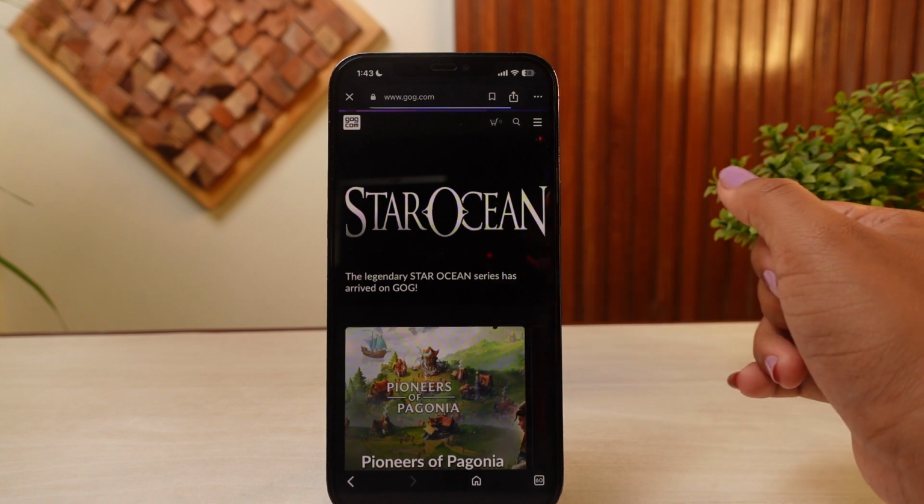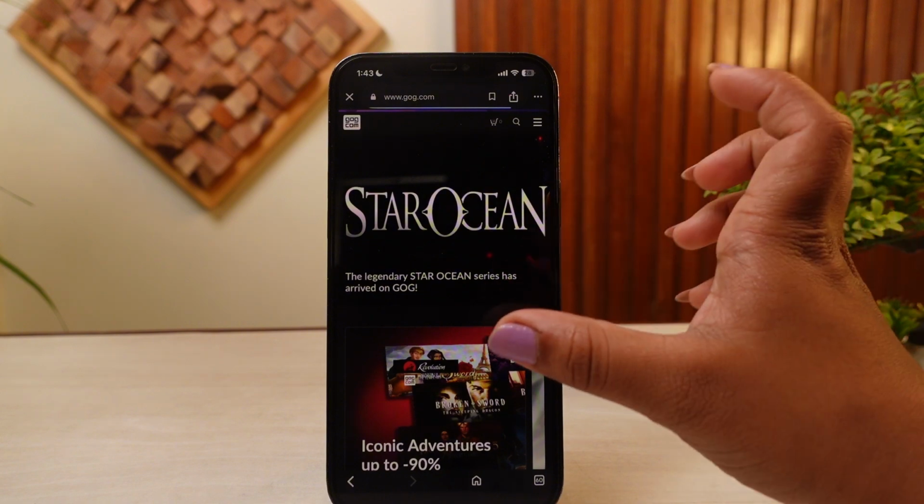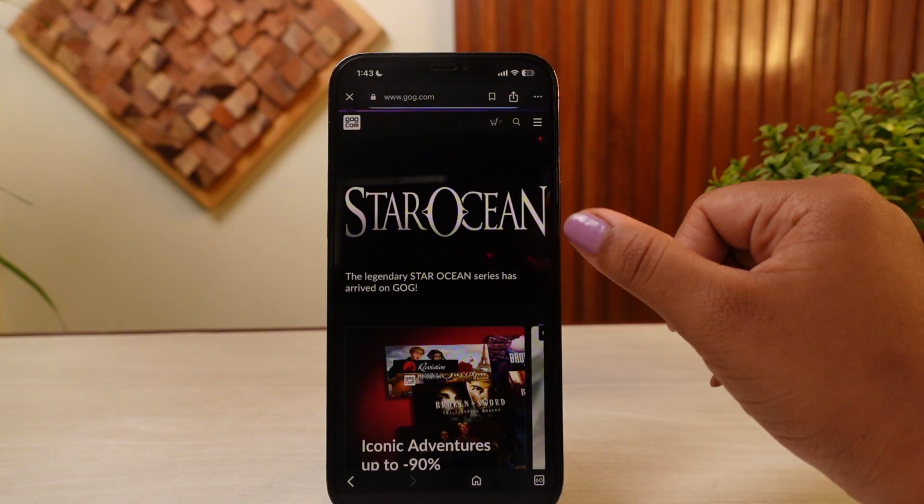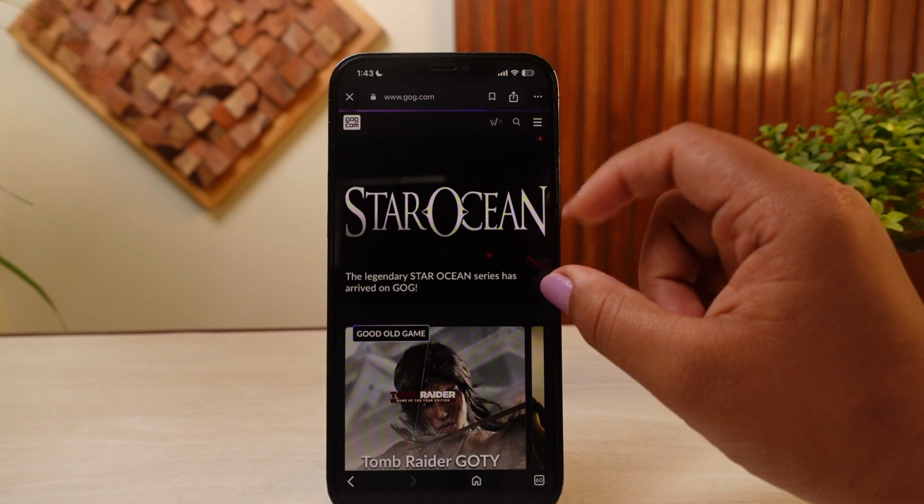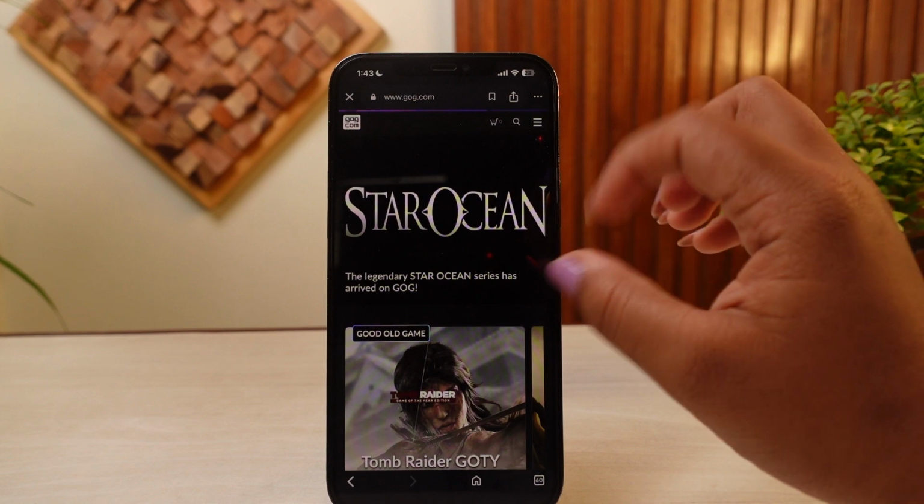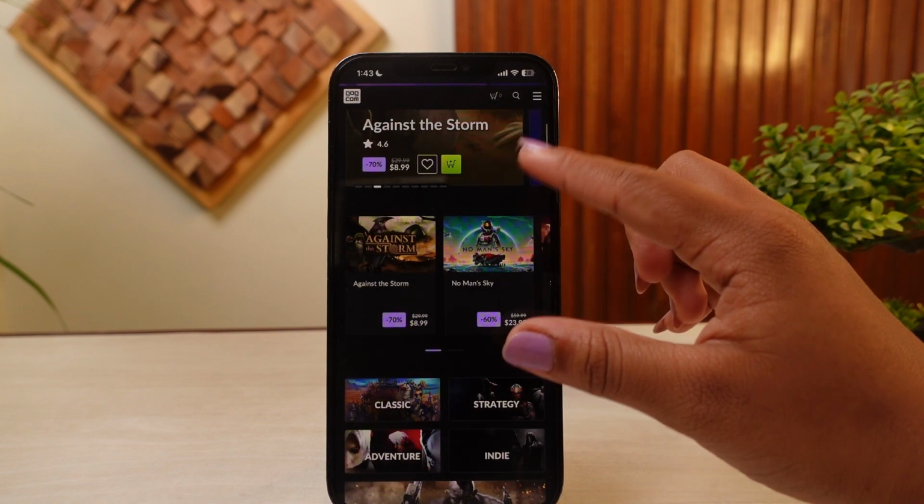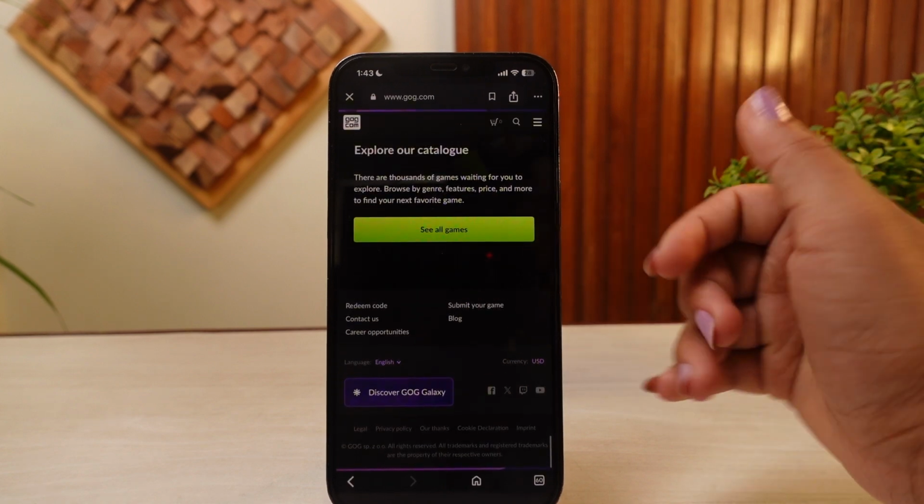So after doing that, if that did not help, then try to disable any sort of antivirus interference. You can add GOG Galaxy to your security software's firewall exception list, and then from there I'm pretty sure that you'll actually be able to fix your GOG game